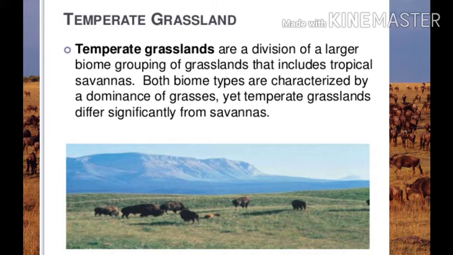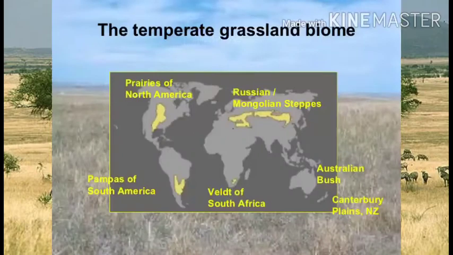Okay, students, if we talk about the temperate grasslands, these are colder than the tropical grasslands, as these are far from the equator. That's why these are colder than the tropical grasslands. And as the amount of precipitation, meaning the rainfall, is very low, the grass here is short and less dense, and trees are almost absent. Trees are very rare in these areas, but the grass is very short.